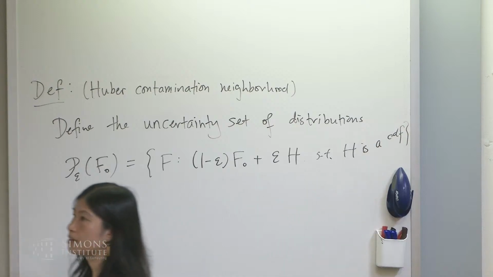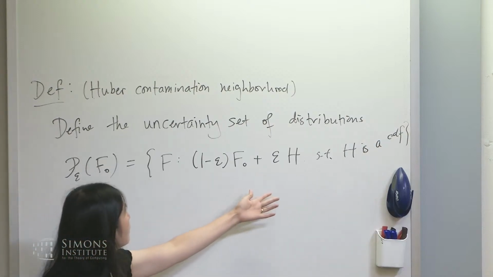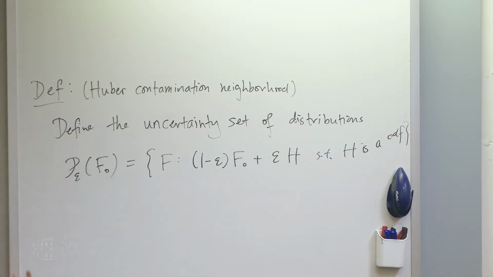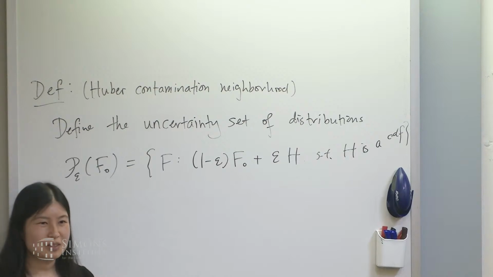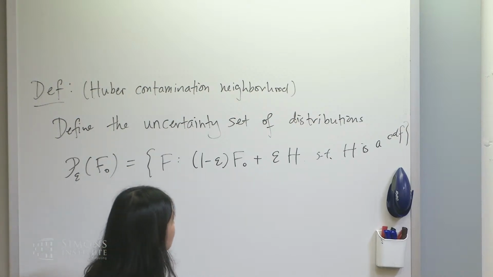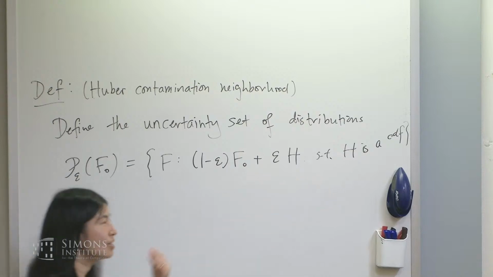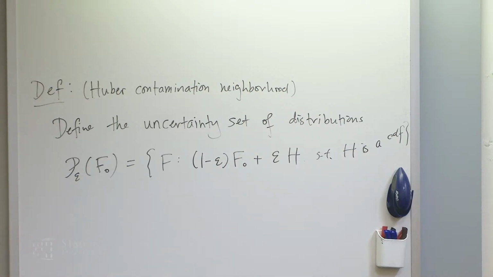Another way to think about it is that now you have a mixture of the clean data distribution and an arbitrary distribution. If you haven't really seen a lot of robust statistics and you just know some buzzwords here and there, there's been a big wave of work on adversarial contamination, and everyone will say, Huber isn't adversarial. Well, it is a little bit. So we may comment a bit on adversarial contamination later as time permits. But what is adversarial is that our uncertainty set has a mixture with anything, not just some fixed class. This is what's often called Huber's epsilon contamination neighborhood.